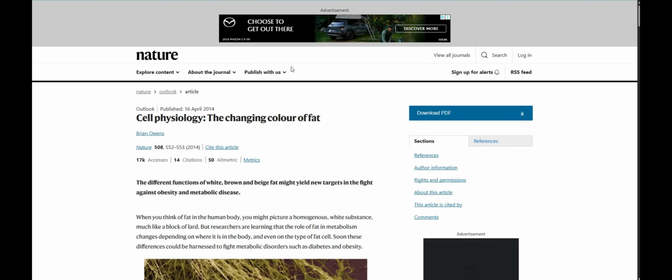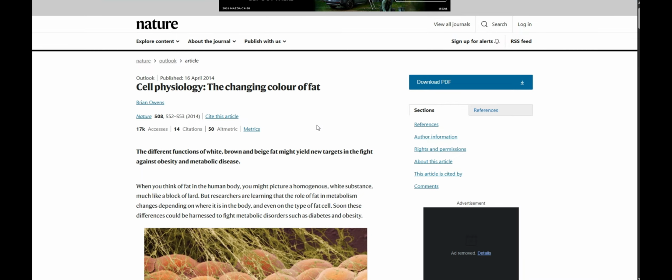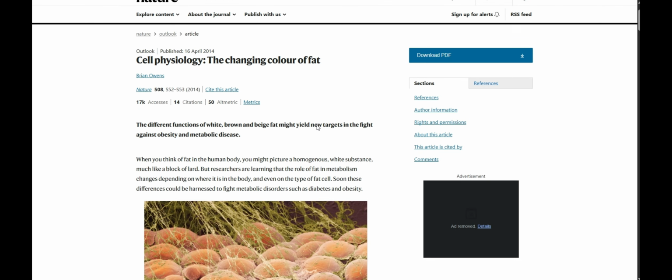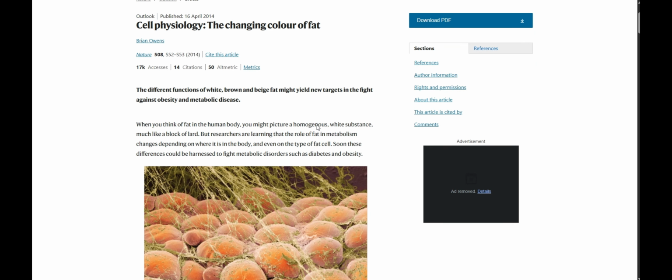Okay, I'm gonna try and do something a little different this time. This article is Cell Physiology, The Changing Color of Fat by Brian Owens, publication date 2014, Nature, Nature Outlook. The different functions of white, brown, and beige fat might yield new targets in the fight against obesity